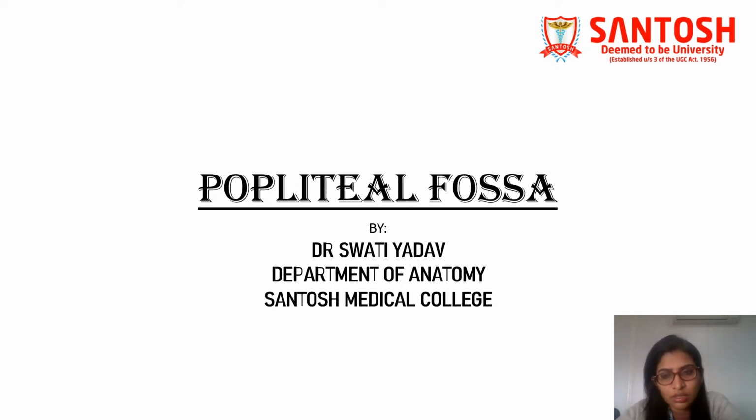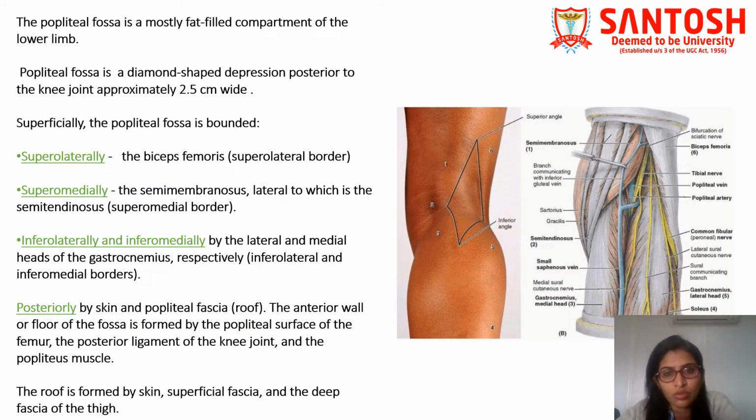Hello all. Today we'll be talking about the popliteal fossa, which is a very important topic in lower limb, and it is important from an exam point of view. Popliteal fossa is a diamond-shaped depression posterior to the knee joint. You can see this diamond-shaped depression, and it is approximately 2.5 centimeters wide, and it is the most fat-filled compartment